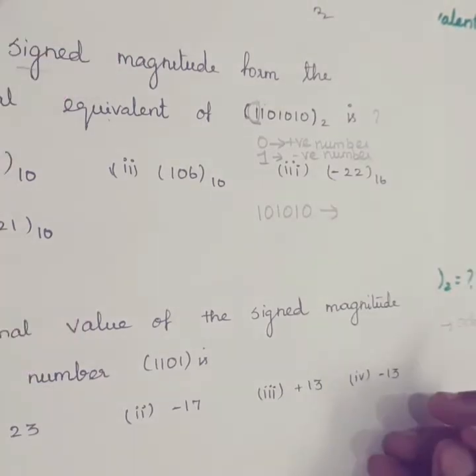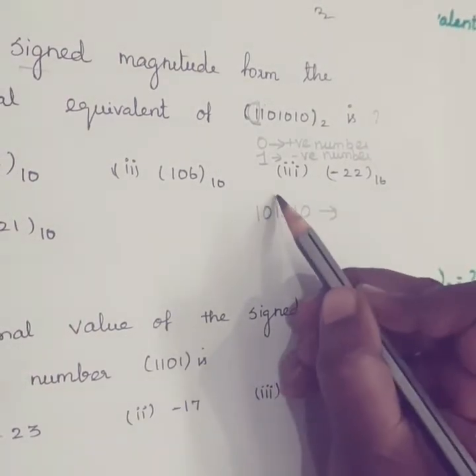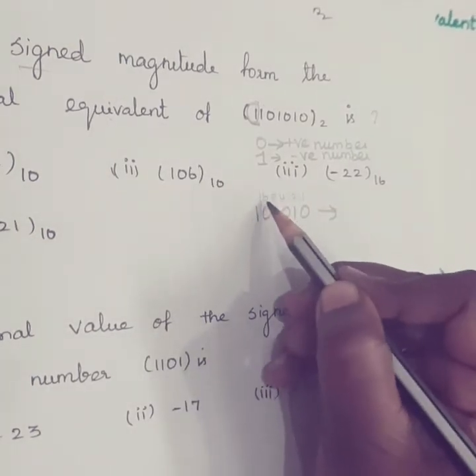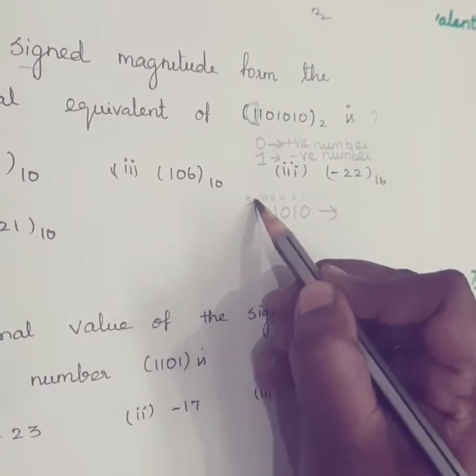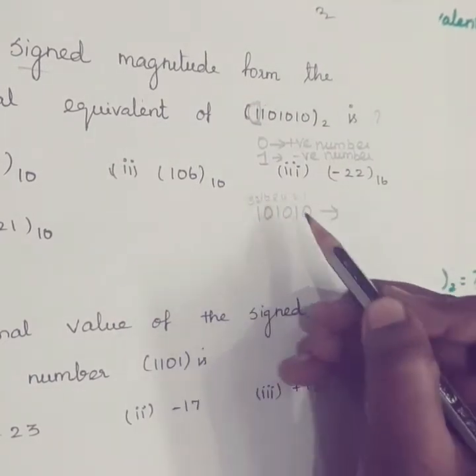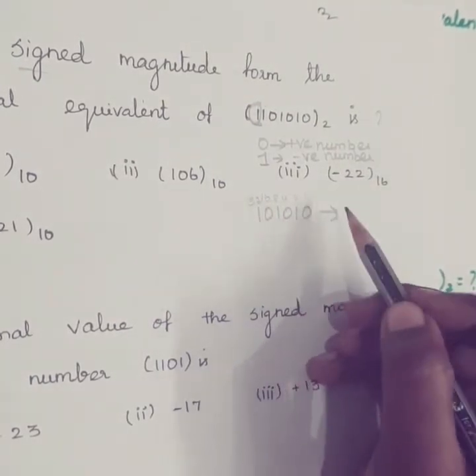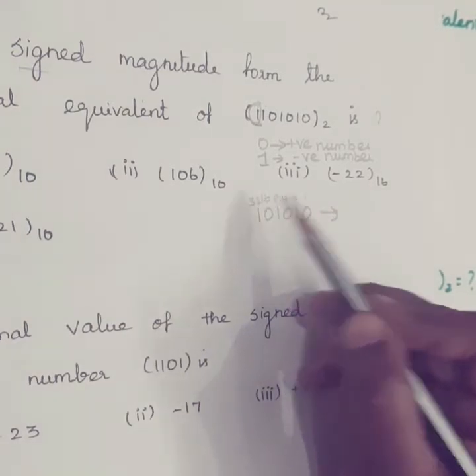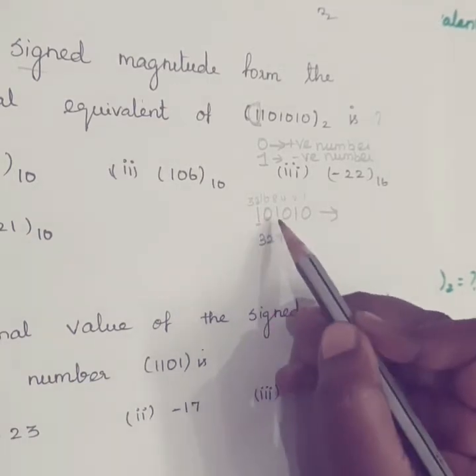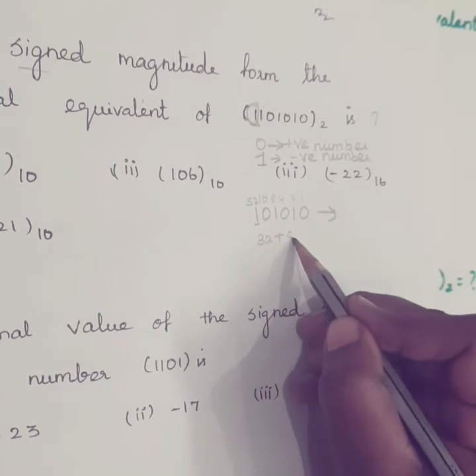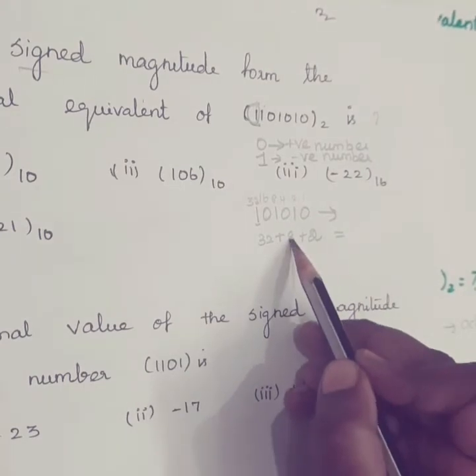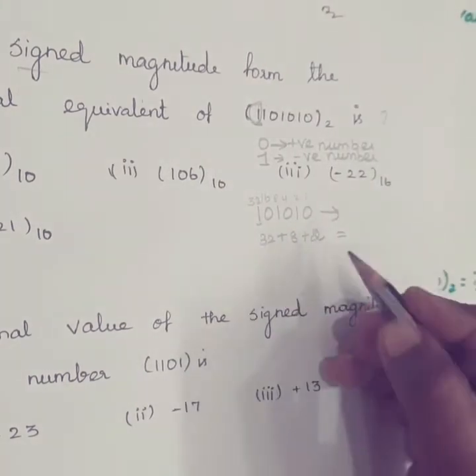If you are using the 8421 code, the weight of the next bit is 16 and the weight of the next bit is 32. It is powers of 2 because here it is a binary value and the weight increases by the order of 2. So 1, 2, 4, 8, 16, 32. Here we have 32, plus 0, we can leave it, and here we have 8, and here we have 2. So 8 plus 2 is 10, 10 plus 32 is 42.